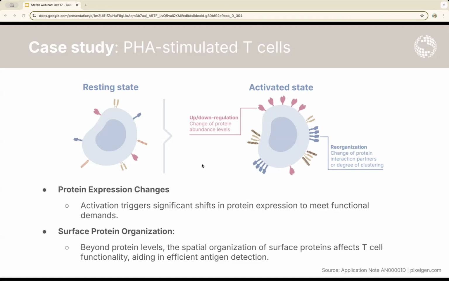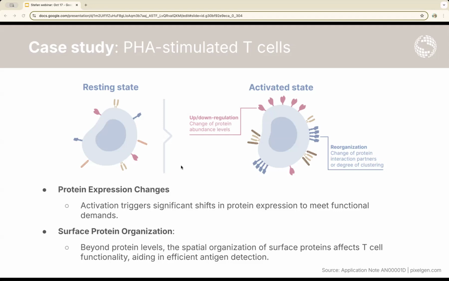But the experiment that was conducted is a comparison between PBMCs that have been either stimulated with PHA or just cultured in a non-stimulated steady state. And with PHA activation, or with activation in general, and PHA is a very strong stimulus, there are certain events that get triggered within cells that basically change their phenotype, their profile. So there are many proteins that need to become more abundant